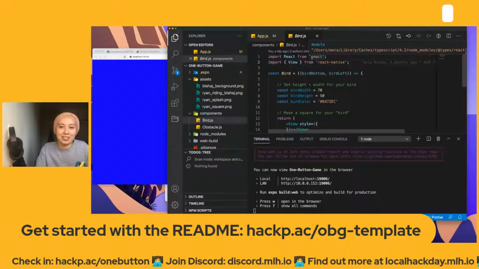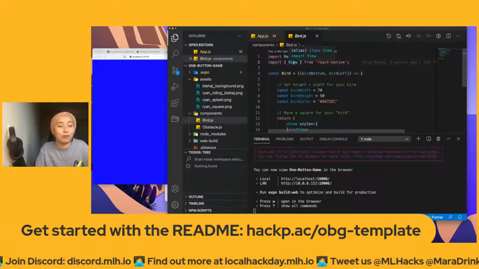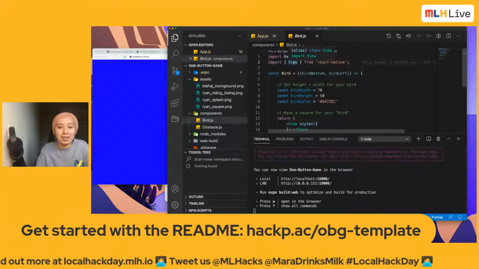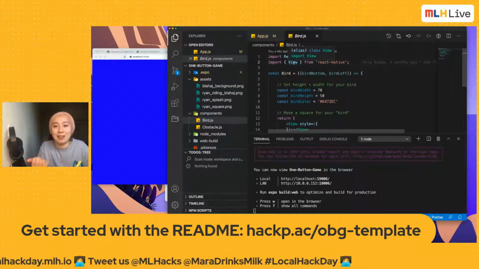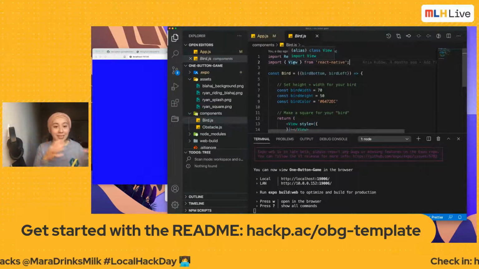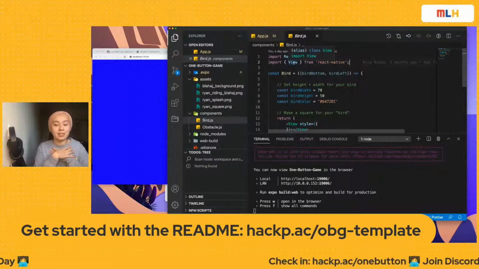This is basically giving us access to the framework. And we're also importing something called View from React Native. View, again, as I mentioned before, is like the React Native version of a web div. So the way that React Native or Expo works is that they'll have their own versions of